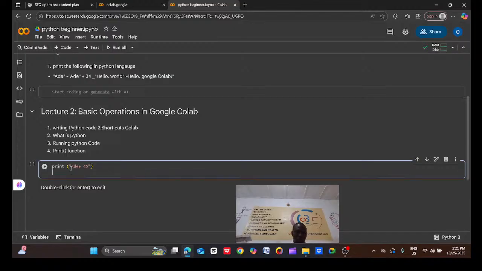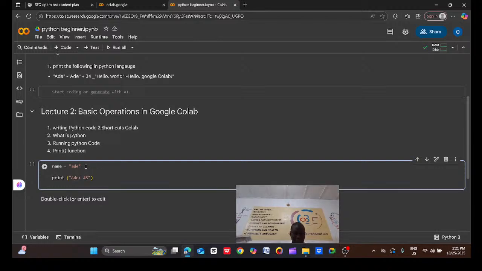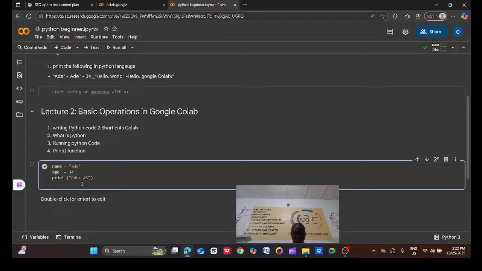So the first thing is that you have name is equal to Ade. Now, not only the name, the 45 is standing for age. We now say age is equal to, sorry, age is equal to 34. So the instruction now is to print.